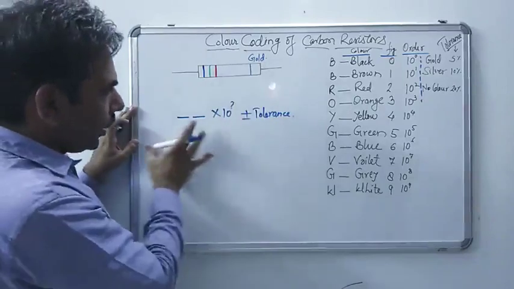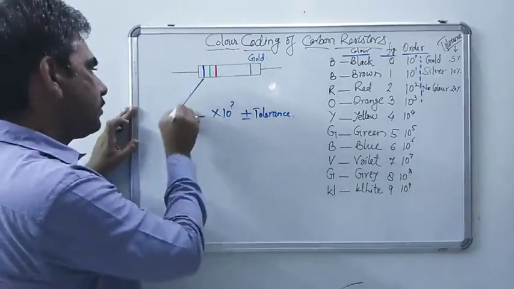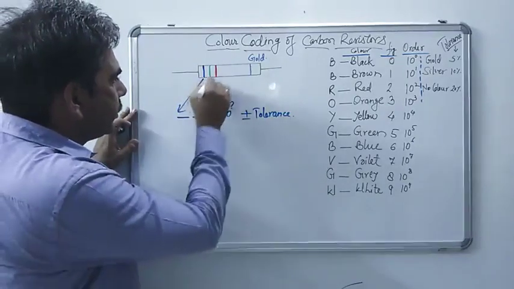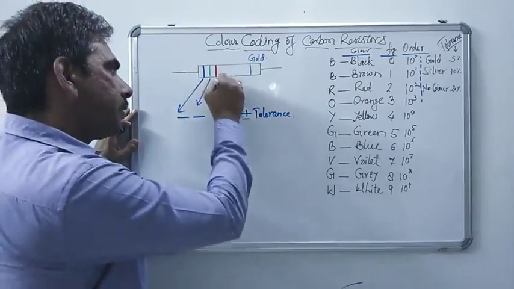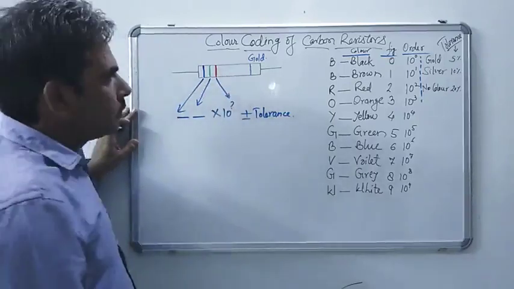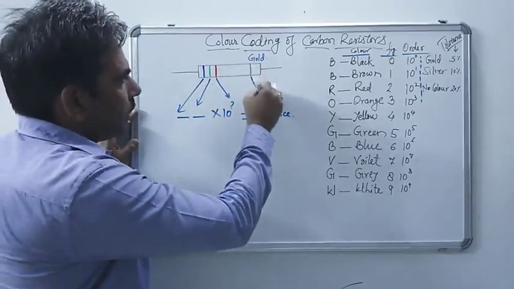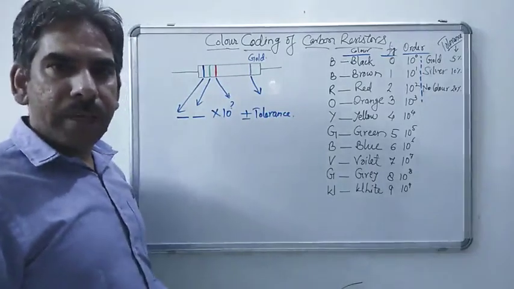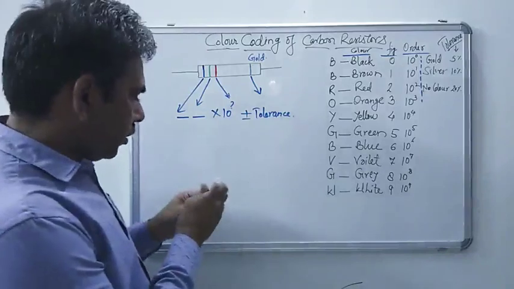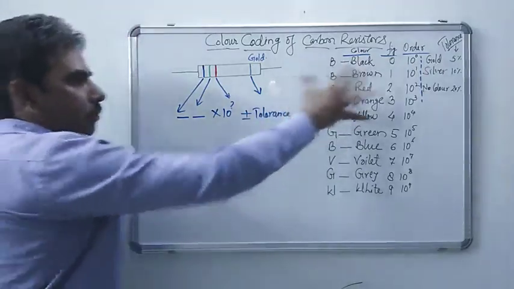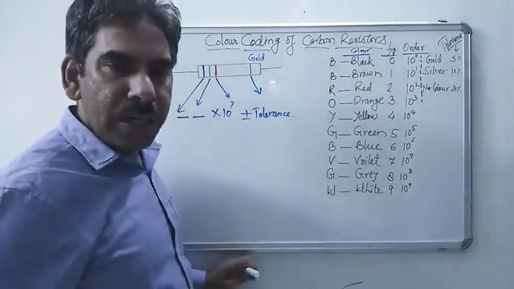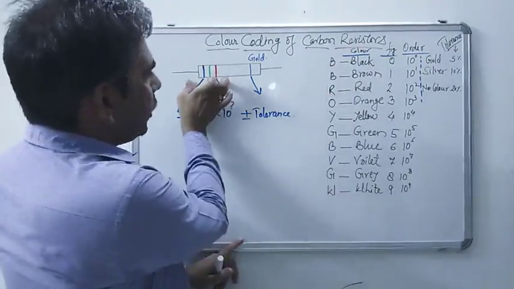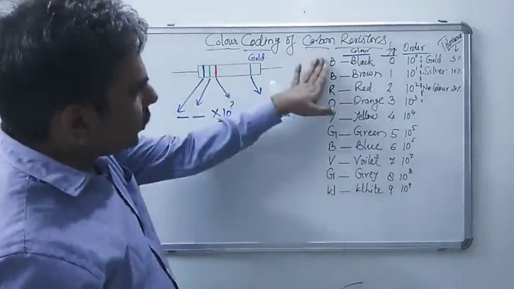So from this color coding, how do we know the resistance? The first color gives the first digit, the second color gives the second digit, the third color gives the order, and the fourth color gives the error this value may have, right? There is a table from which we read all these values. These are the colors which are generally mentioned in the first 3 bands.